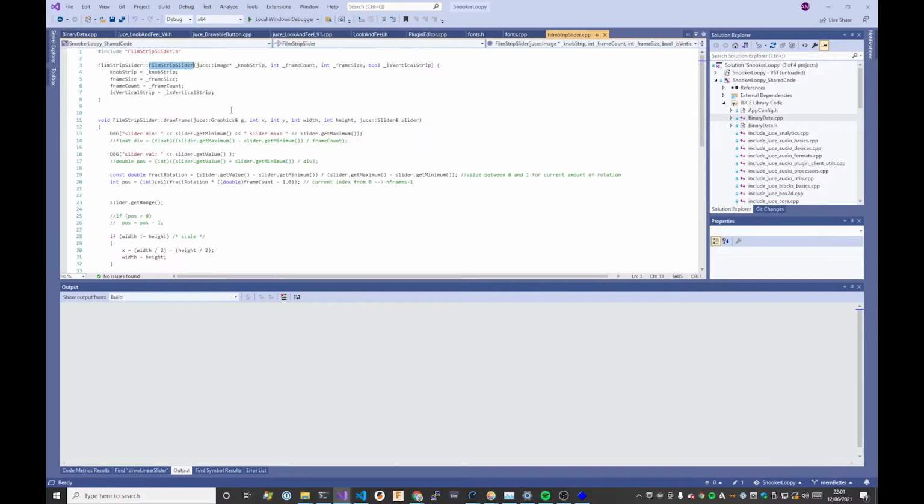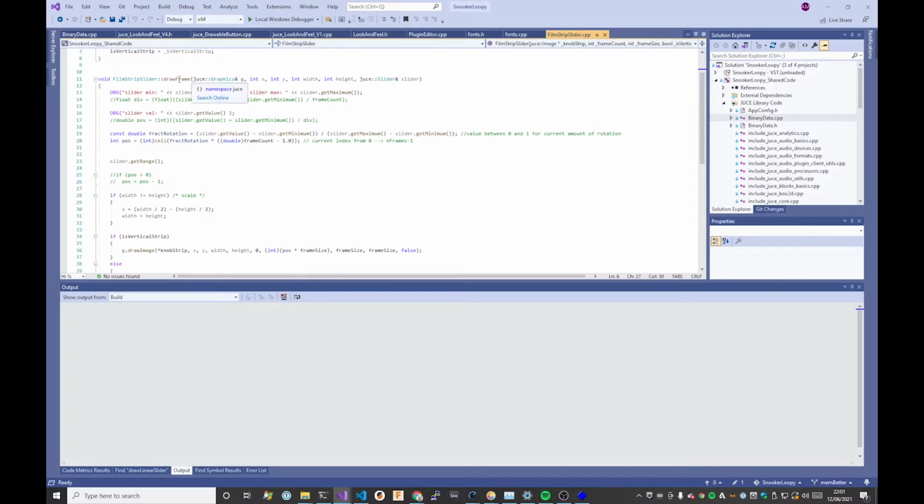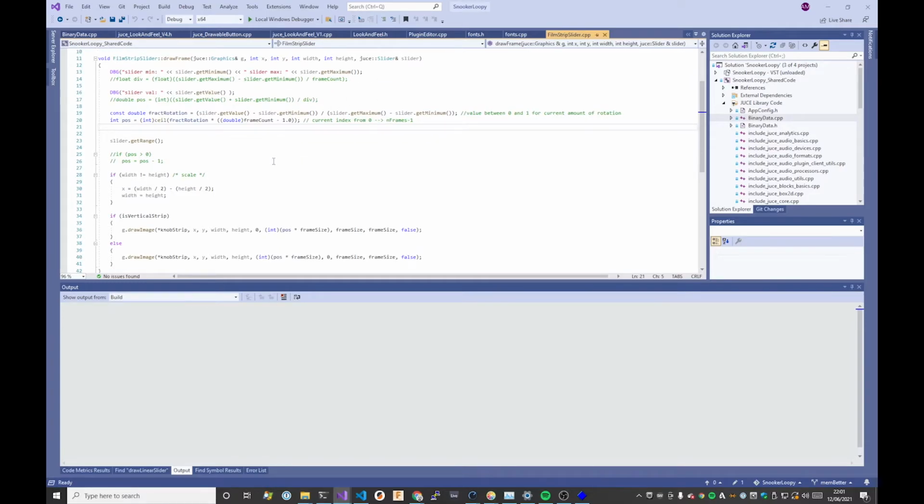If I just hit F12 on here, in the constructor you pass it an image, the number of frames that are in that image, the size, like the width, and whether it's vertical or not. And then when you need to draw a frame, essentially what you do is you work out the